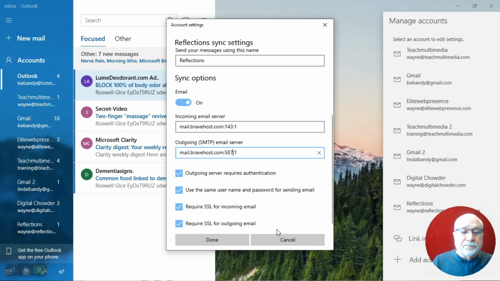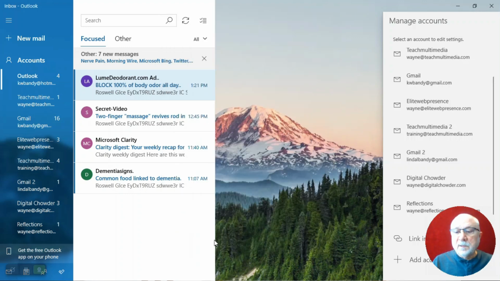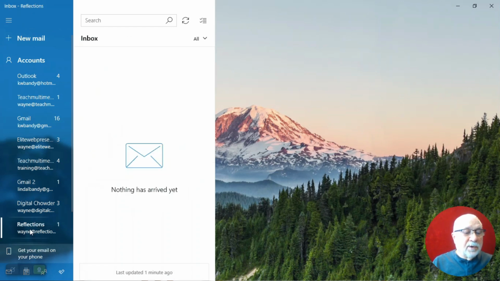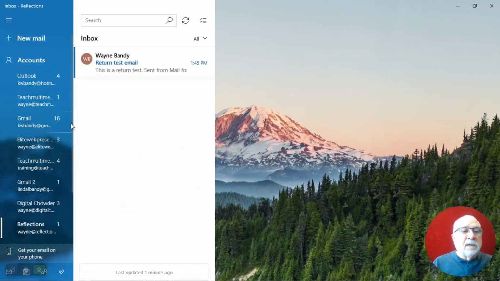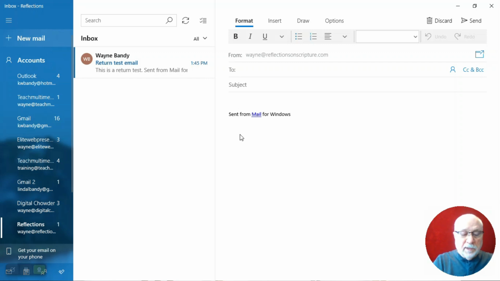So now we click done, we save it, and now we're going to close out the right side menu. We're going to come down to our new account. It has the test email that we received. Now we need to send another test email and be sure that it's working. So we click this, we enter that Google address,